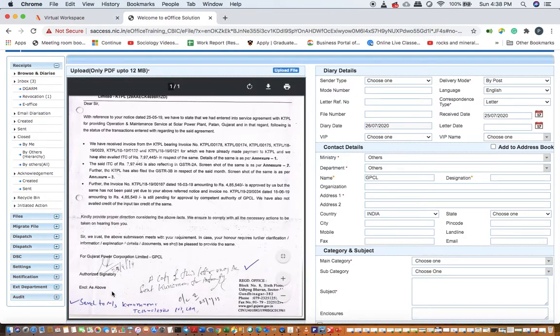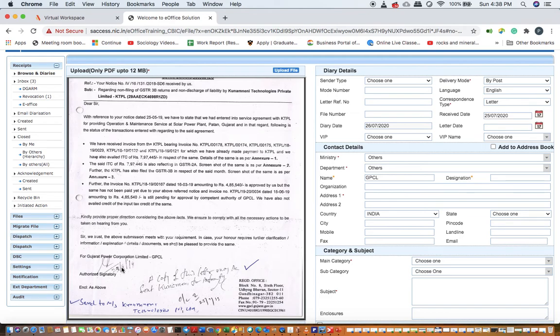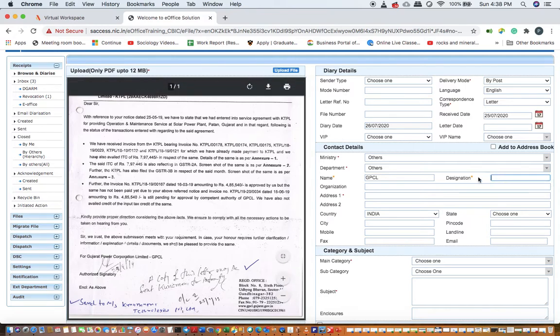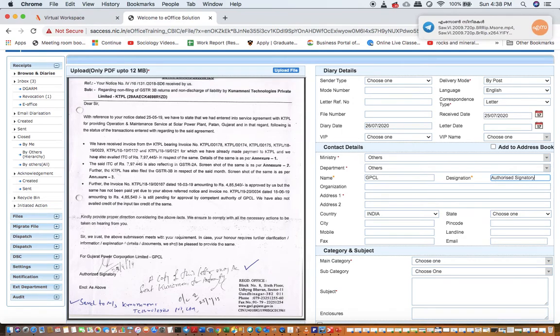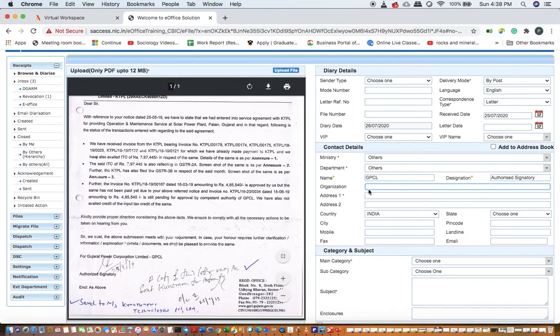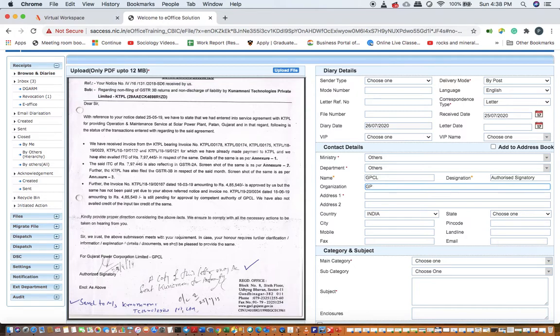What is the designation? You can either put the authorized signatory's name here, or you can put the name of the organization from which this communication has come. So what is the designation? I'm just putting authorized signatory. Organization is GPCL. What is the address?